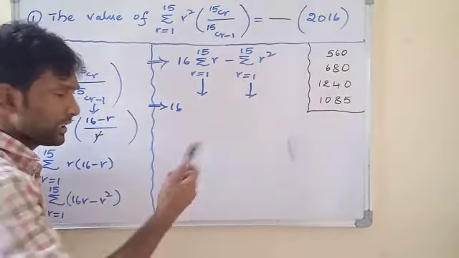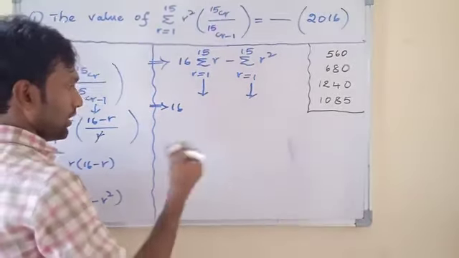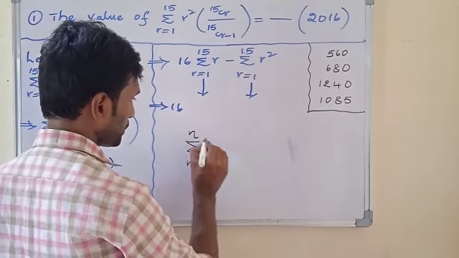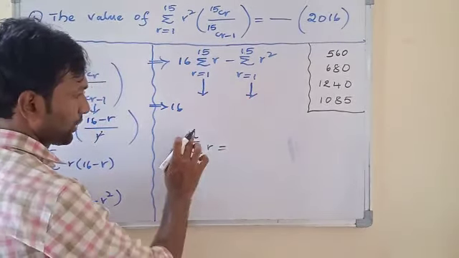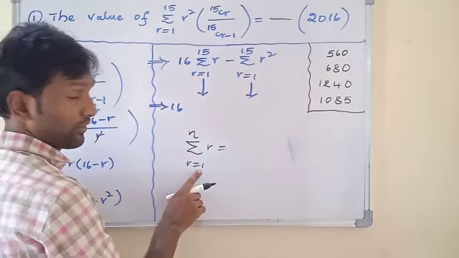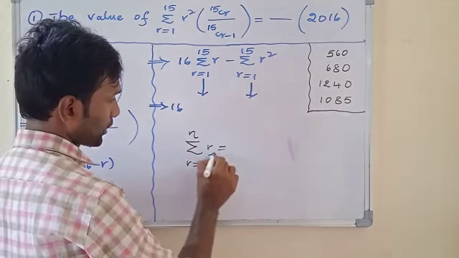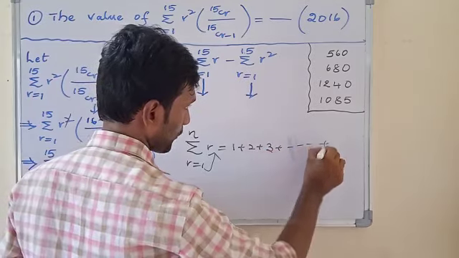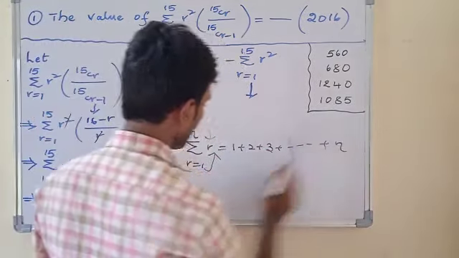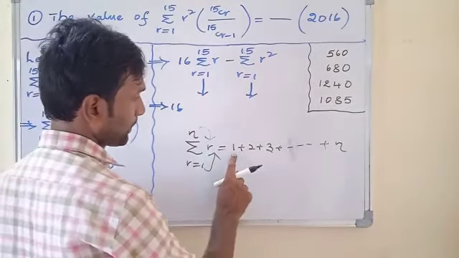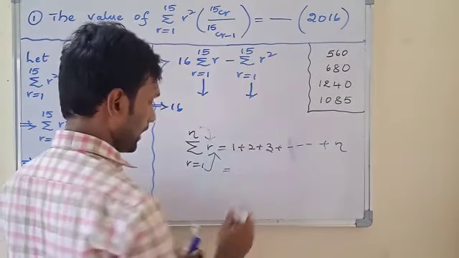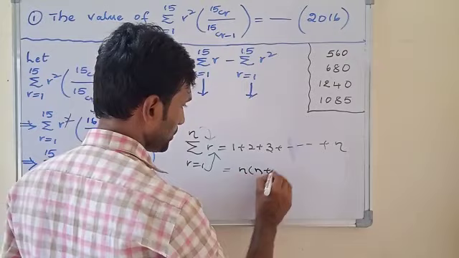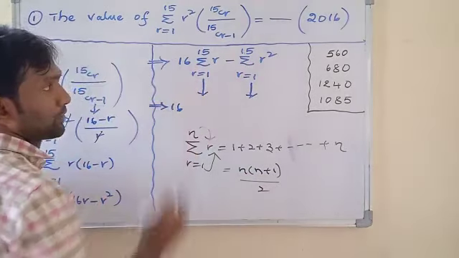See this one. In the lower classes, in the chapter progressions, the formula is like this. Sigma r equals 1 to n of r equals... Now write the values of r from 1 to n. First of all, substitute in place of r: 1 plus, next 2 plus, next 3 plus, and so on. The final value of r is n. That means the given summation is like this: 1 plus 2 plus 3 plus, and so on, n. The formula for the sum of the first n terms is n into n plus 1 by 2.